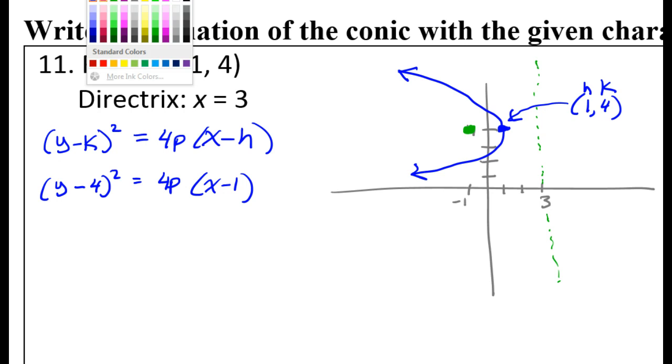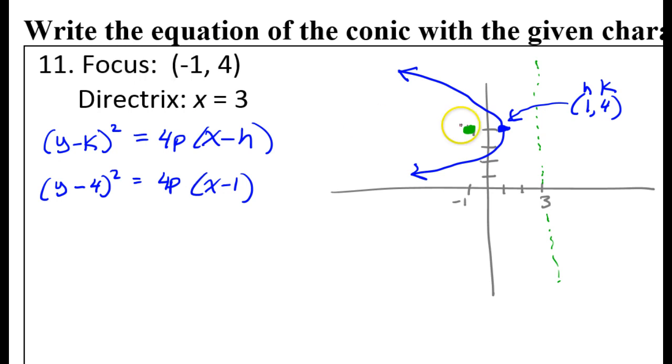Well, the p value is the distance from the vertex to the focus. That arrow I just drew represents the p value. Now the distance is 2. However, see how it's going to the left from the vertex to the focus? That means that p is -2. If it's going to the right, it's positive. If it's going to the left, it's negative. So if I substitute in -2 right here,